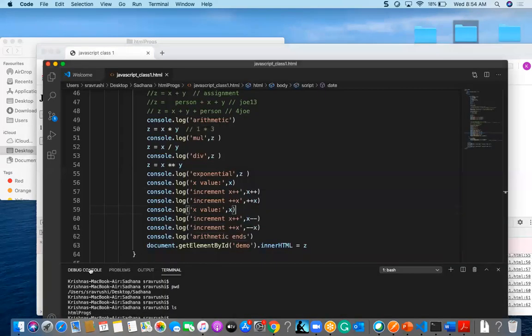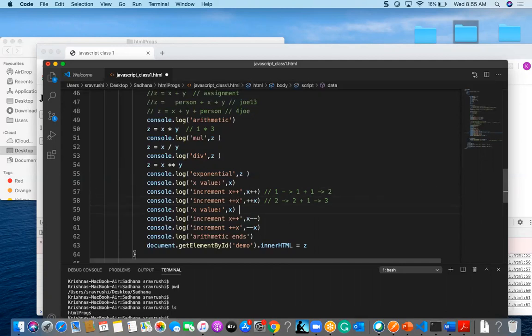Here it won't show us 2, it will show us 1, but the operation that happened is 1 plus 1. So after post incrementing, the value will be 2, and once that value of 2 comes here, it will again do 2 plus 1, and that value will become 3. You understood this one, right?